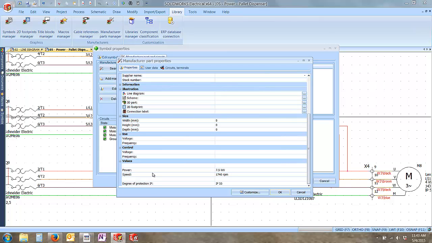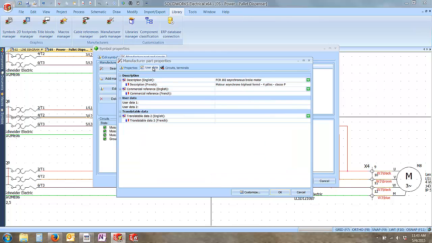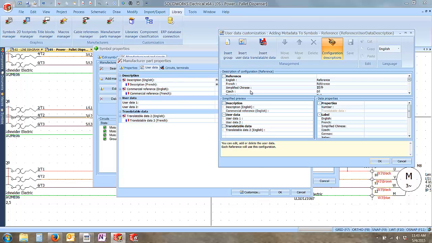To add additional values at the part level, you just need to go to the user data field. And here you'll go down to the bottom where it says customize. And then you're able to add additional fields to add metadata to. So if you select user data and then go up to insert user data,